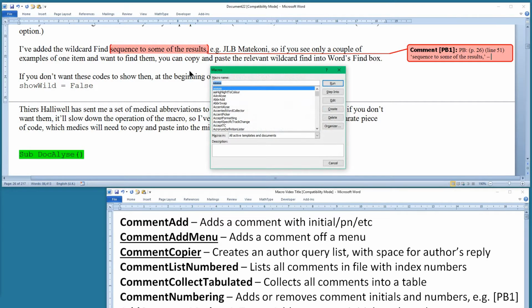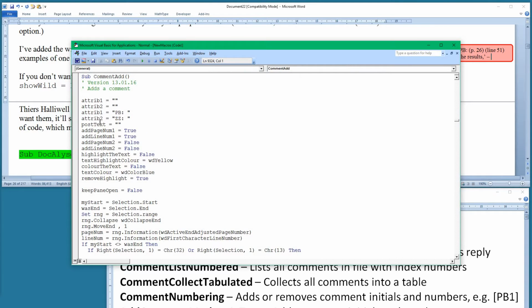So if I show you that, comment add, let's edit that, you can see at the beginning here you've got attribute 1, which is the PB thing, and then you've got the page number equals true and line number equals true. So then the ones which are attribute 2 and page number 2 and so on are an alternative set,